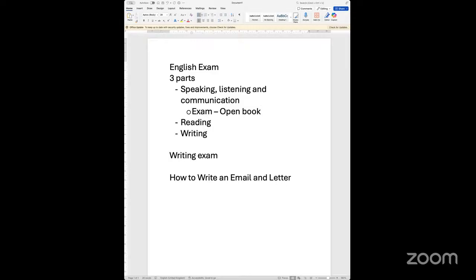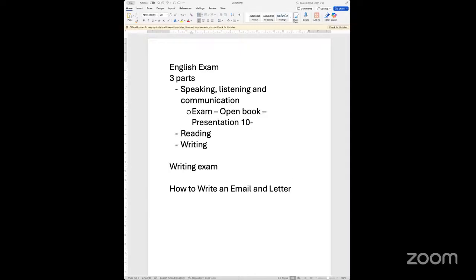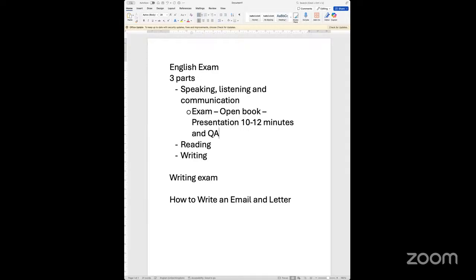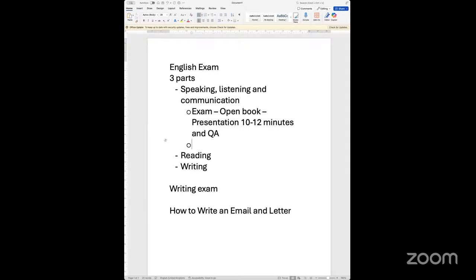And obviously you are then expected to participate in a two-part test, which basically consists of a presentation. This would normally last between 10 to 12 minutes, and this is followed by a Q&A session. The second part of the test is basically a group discussion. I'm not going to go into detail, but this part of the test normally happens in the center in our college. It normally takes about 2 to 2.5 hours.